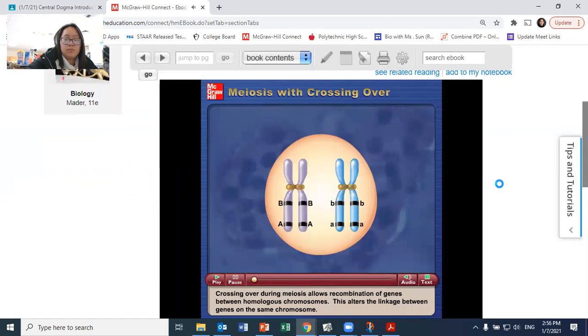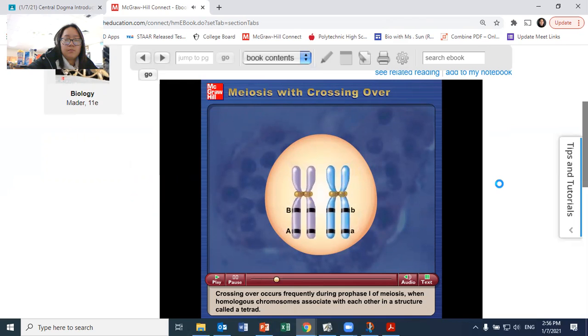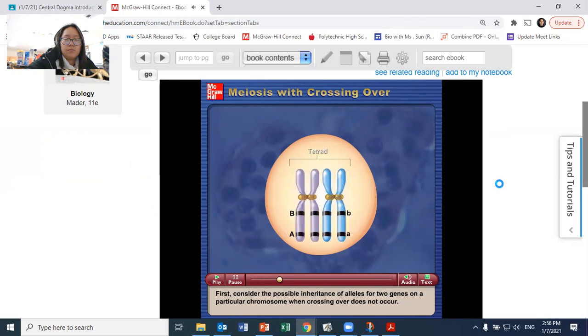Crossing over during meiosis allows recombination of genes between homologous chromosomes. This alters the linkage between genes on the same chromosome. Crossing over occurs frequently during prophase 1 of meiosis, when homologous chromosomes associate with each other in a structure called a tetrad. First, consider the possible inheritance of alleles for 2 genes on a particular chromosome when crossing over does